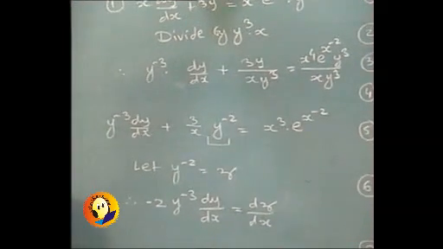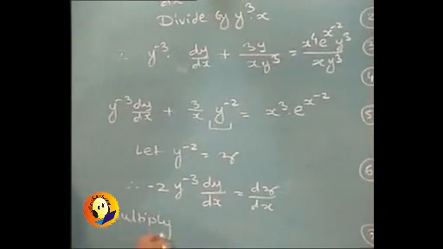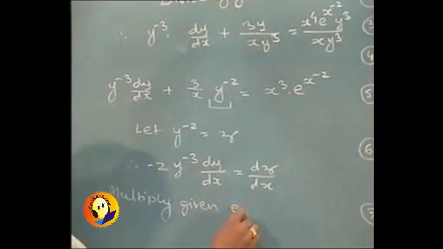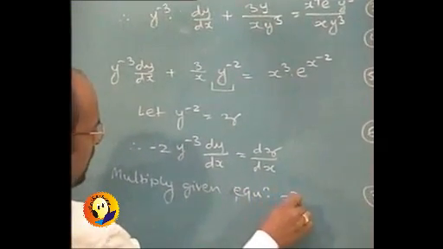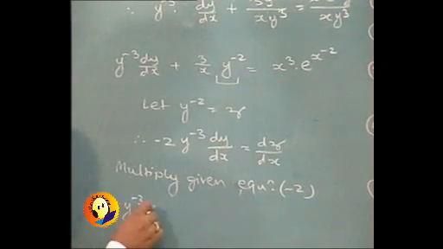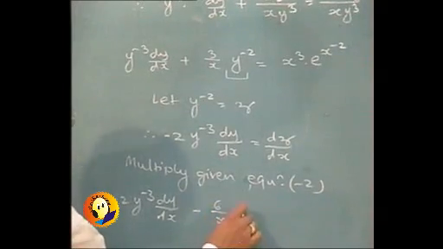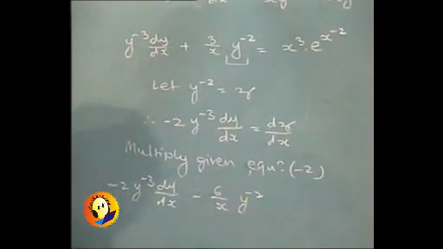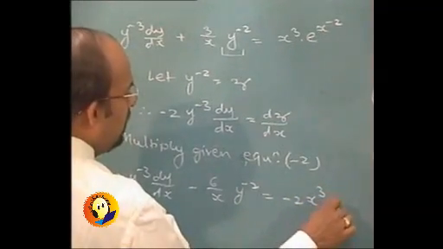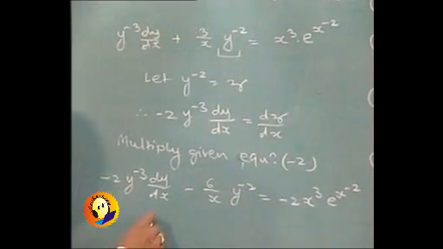So we will multiply the given equation first of all by minus 2 and then we will substitute. So it will be minus 2 y raised to minus 3 dy by dx minus 6 upon x y raised to minus 2 equal to minus 2 x cube e raised to x raised to minus 2. And then we substitute